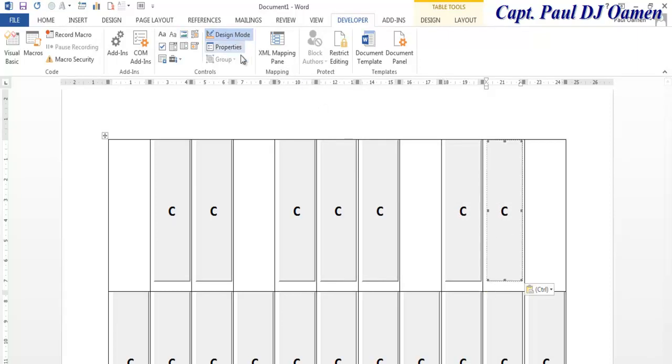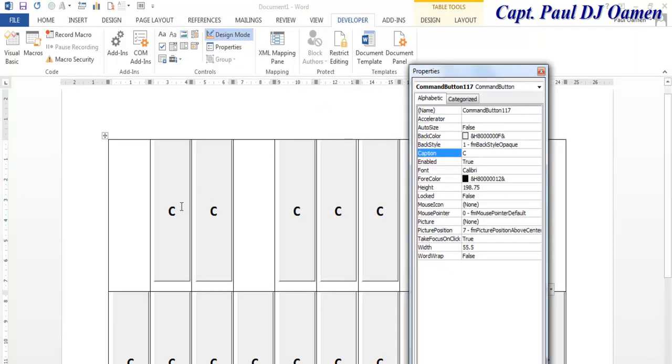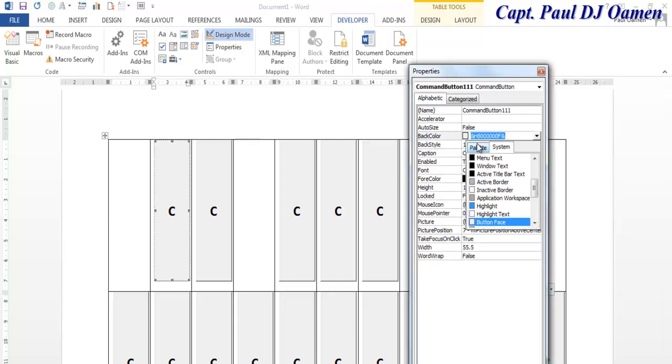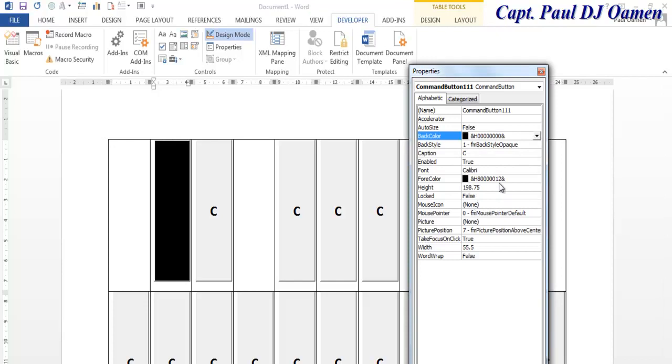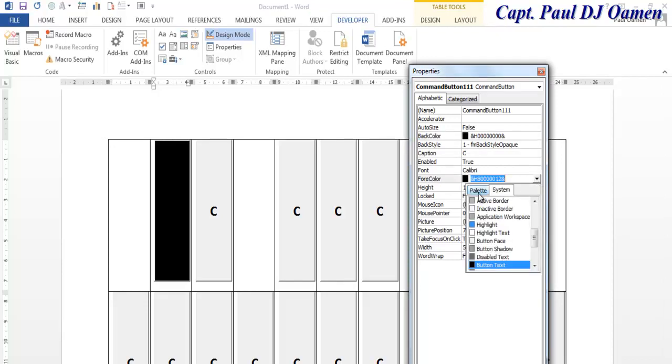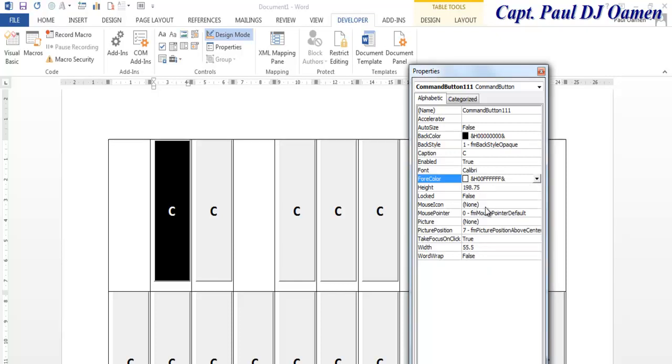The next thing we need to do is change the color of this. Let's change the background color of this to black. Let's look for something dark, and change the font color to white so that it's readable. There we go. And in there, that's supposed to be our C sharp, I believe. The next one, that will be this very one. That will be D sharp,